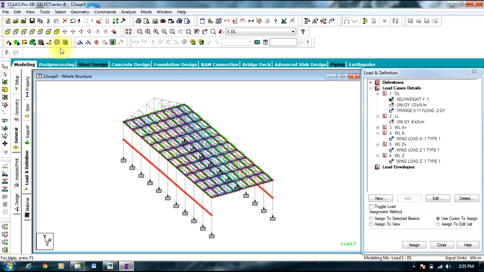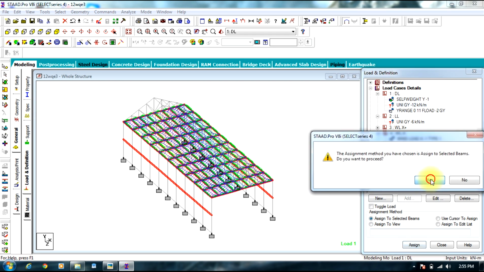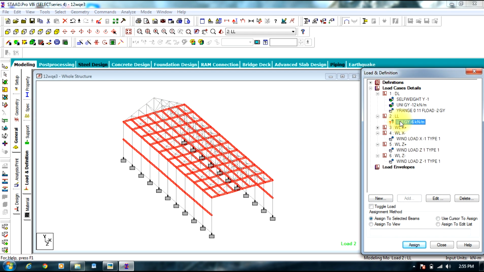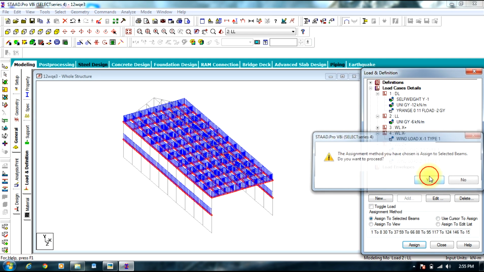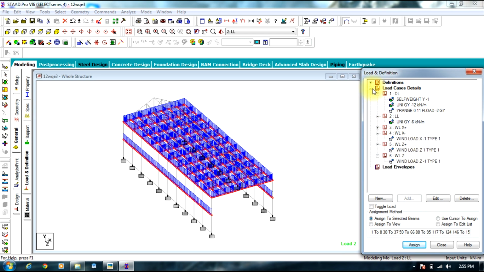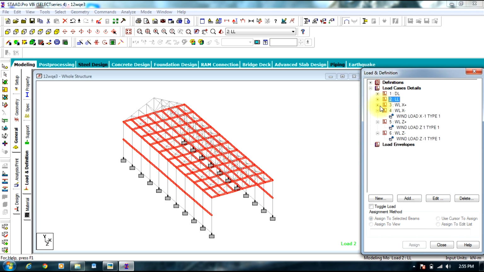Now you can see, and assign to those beams. Similarly, this load also assign to those beams. Well, now that you have assigned all those loads, you go to load combinations,